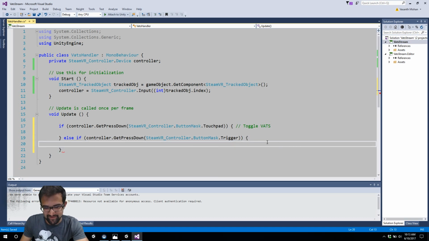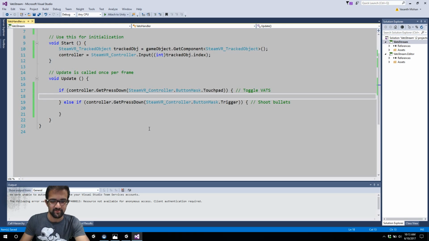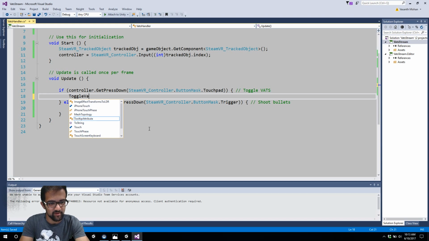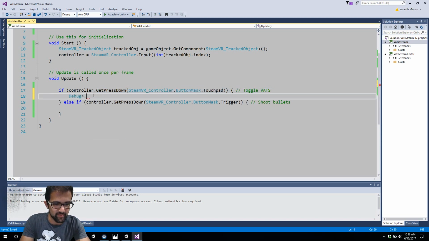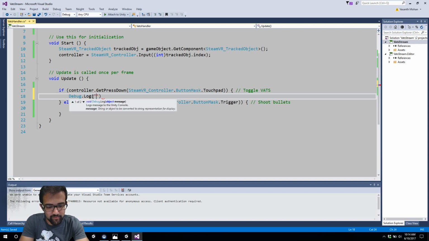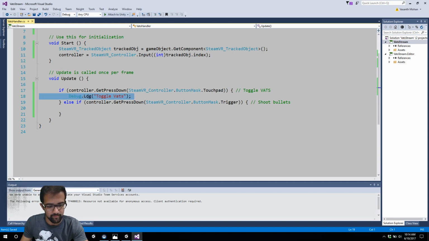There's always a lot of setup for just getting these things started. Okay, cool. So now we're ready to actually toggle VATS mode. So we'll write this function, and just to make sure that these are working actually, we'll start off by just doing some debug logs to make sure. This is something that you can do for testing. So toggle VATS. And here,